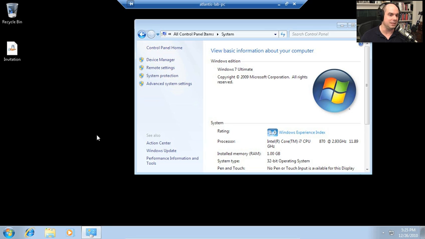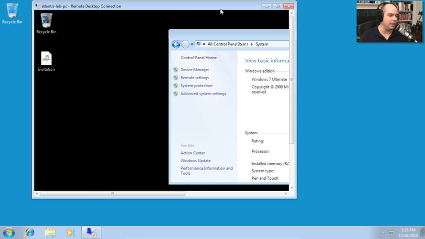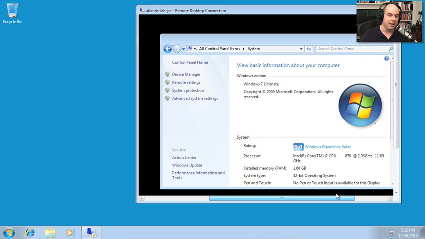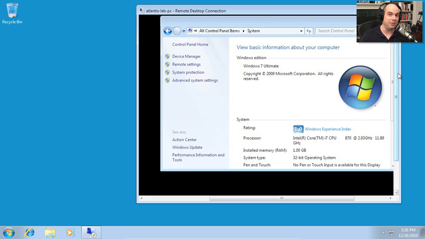The only difference is this little bar on the top, and I can even have that bar go away just by unchecking that push pin. I can always put my mouse up here at the top and it appears again. And I can even change the size of that, run a window in a window. I'm running an operating system here and a remote connection to another operating system here. And then I could open up another window to another operating system and have many different machines all running on